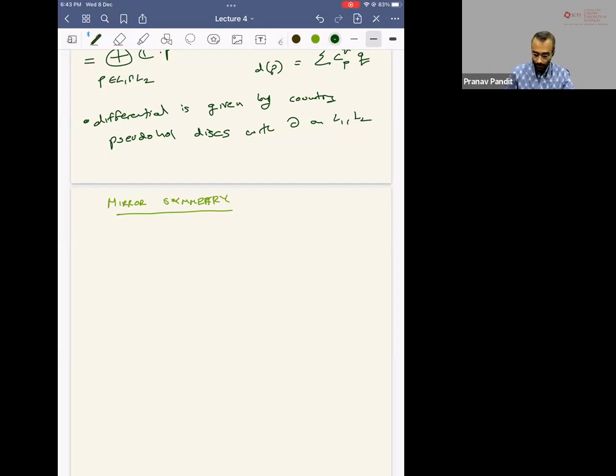What they predicted was that Calabi-Yau Kähler manifolds occur more or less in pairs, where for a given Calabi-Yau manifold, you can find a dual Calabi-Yau manifold called the mirror, in such a way that the algebraic geometry of the first, the complex geometry of the first manifold, is encoded in the symplectic geometry of the second manifold, and vice versa. Okay, so mirror symmetry predicted this duality, and Kontsevich,